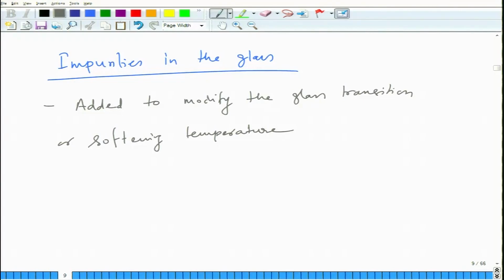For example, if you have a structure like this, this is how tetrahedra are shared in certain structures. Now this is shared at the corner. If you add sodium to it, for example, what it might look like is you may have a tetrahedra like this,